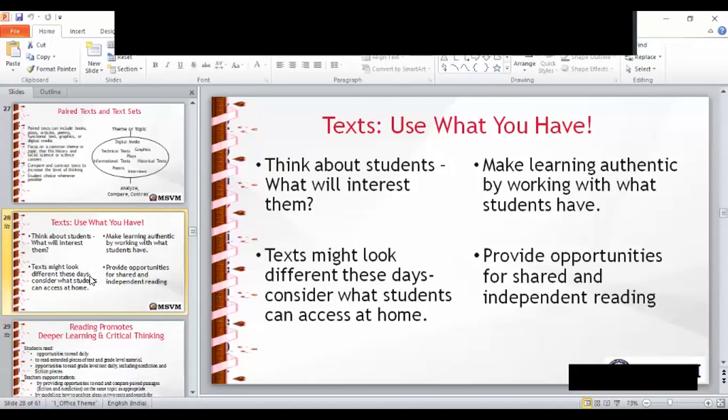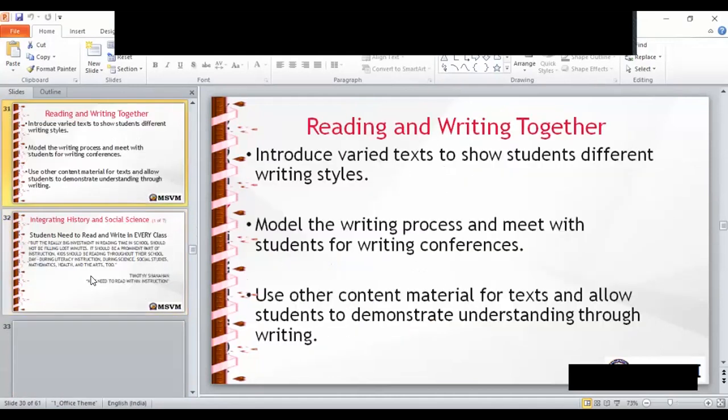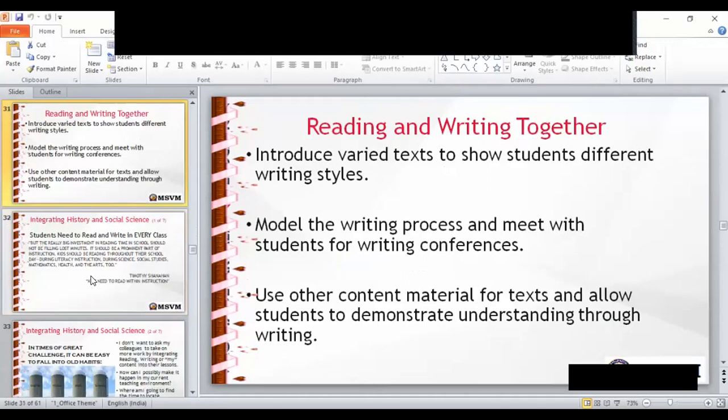Consider what students can access at home. Make learning authentic by working with what students have, and provide opportunities for shared and independent reading, and many more. It means integrating history and social science, reading and writing together, introducing varied texts to show students different writing styles, modeling the writing process, and meeting with students for writing conferences.